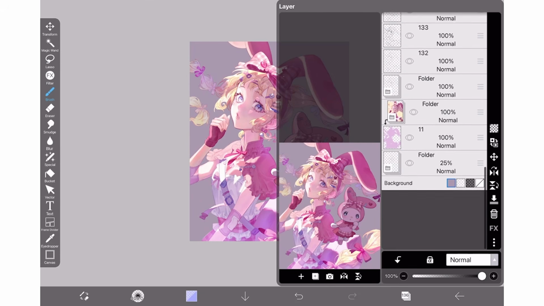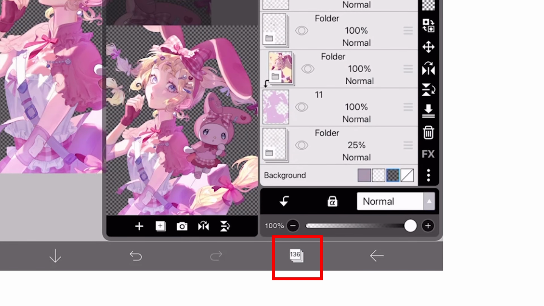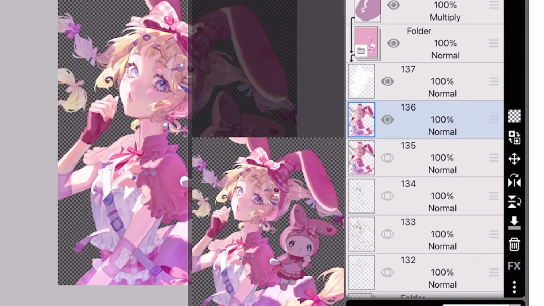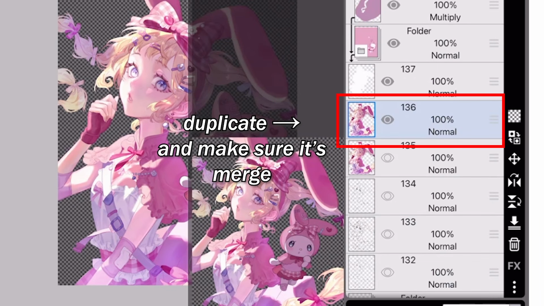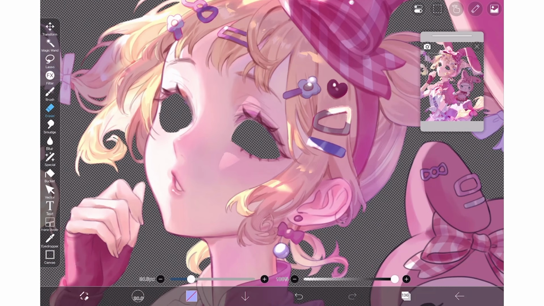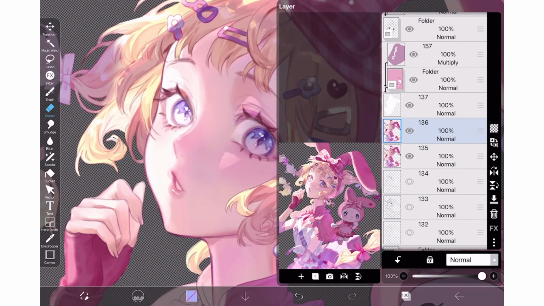Firstly, we need to make the background transparent by going to Layer and selecting this option at the bottom right. I think this is optional, but I did it anyways. Then you'll want to duplicate your artwork. By the way, you'll want to make sure everything is merged down. Now you'll want to erase the eyeball area under the top lashes. However, I erased part of the face too because it was starting to create issues later on.